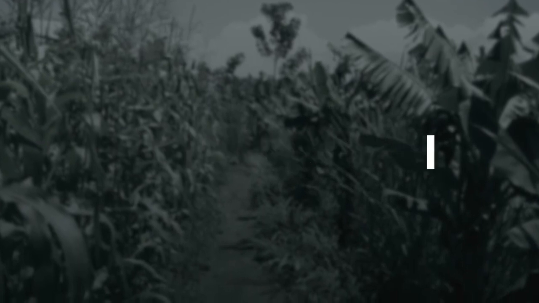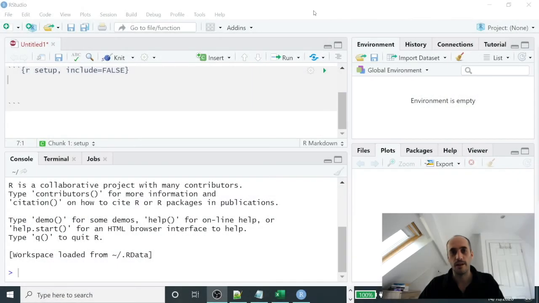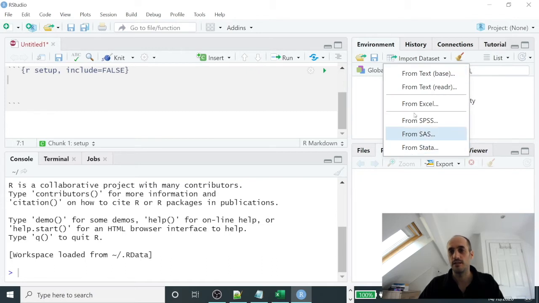So now let's import our CSV file into R. The first time you import some data, the simplest is to use the Import Dataset menu that is here on the top right. You see that when you click on it, there are several options. So that means that you could import files from SPSS, Excel, SAS, Stata directly. We chose the CSV file rather than Excel file because it's safer. You have less surprise when you import the data.